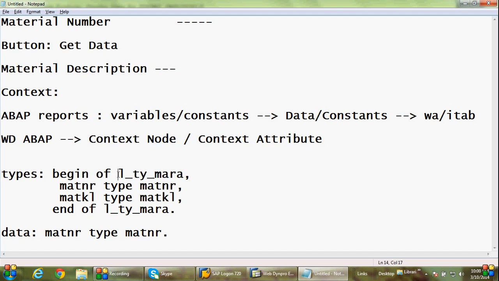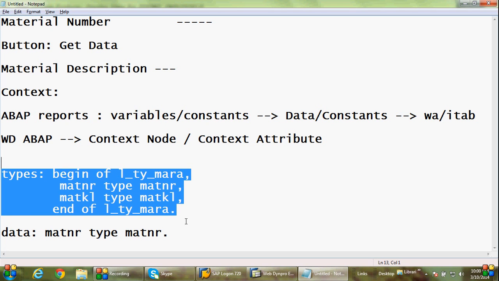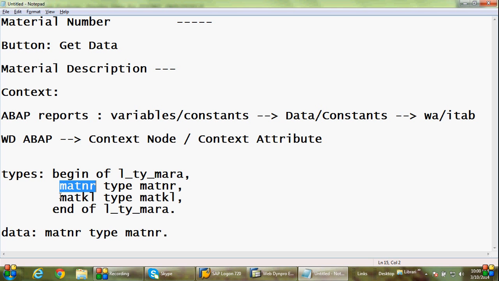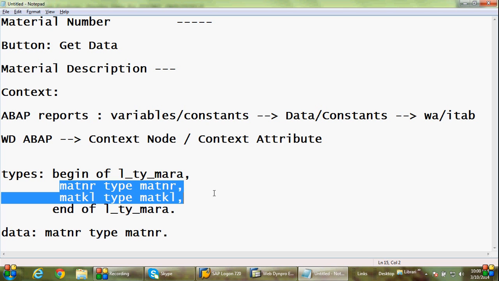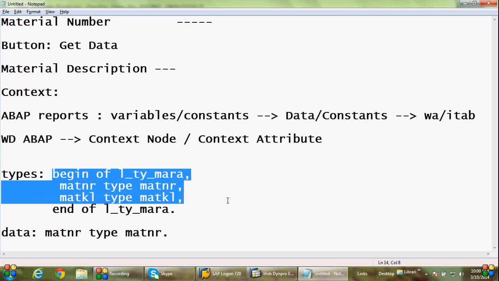If you check here, L_TV_MARA is a structure which includes MATNR, one attribute, and MATKL, another attribute. So it contains two attributes, and here MATNR is a single attribute. So if you want to store a record, then you declare a work area of type this structure, and if you want to declare an item, then you create a table type or type table of this structure, something like that. In the same way, if you want to store any group of related attribute data like MATNR or MATKL, these two are some related attributes data, I want to store these things as a single record. That's why I declared a structure and stored it into some work area. In the same way, in Webdynpro also, if you want to group some related attributes,